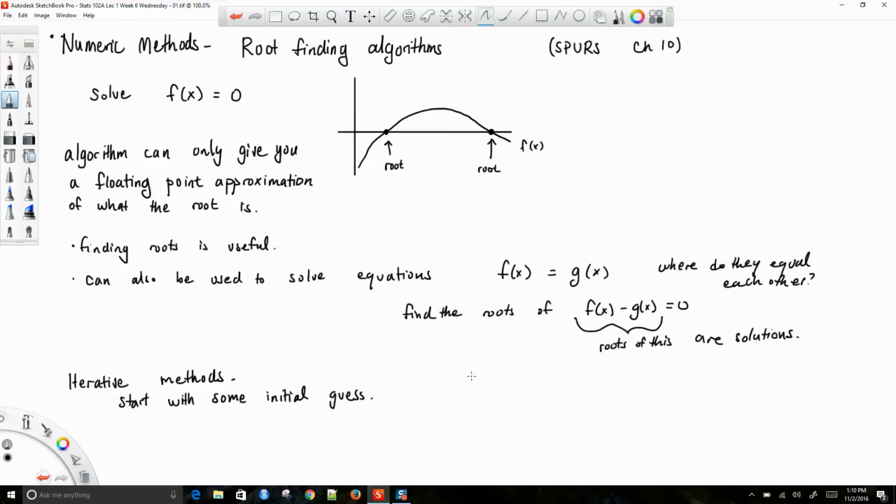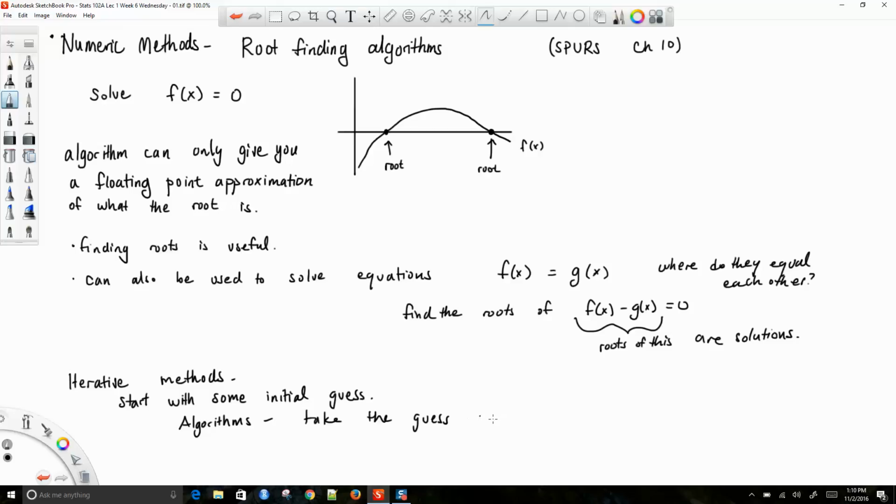Okay, and we use that guess. And then the algorithm will say, okay, take that guess, and I'm going to give you an updated guess. All right, and you use that updated guess, and you repeat the process. Okay, and all of these algorithms, that's all they do. Take the initial guess,